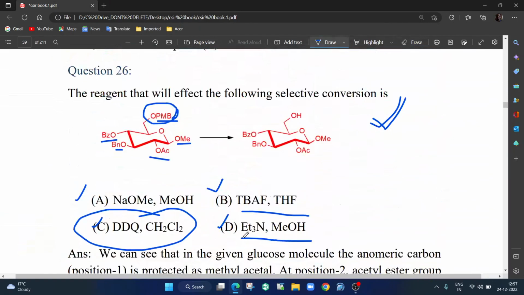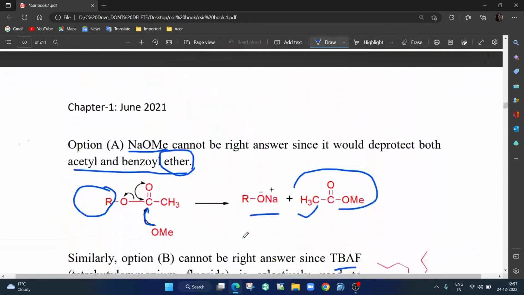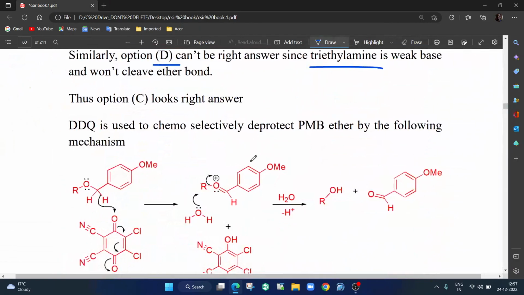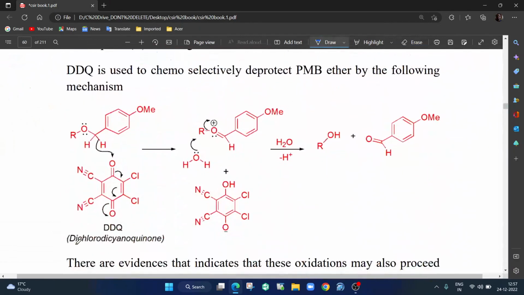It will not deprotect any of them. So, of course, the answer is DDQ. So, let us understand how DDQ basically works. This is DDQ,